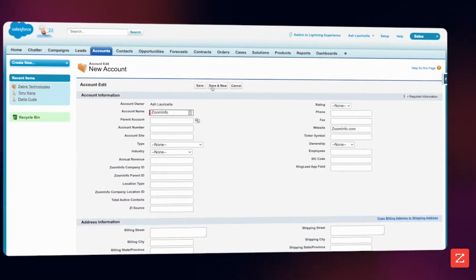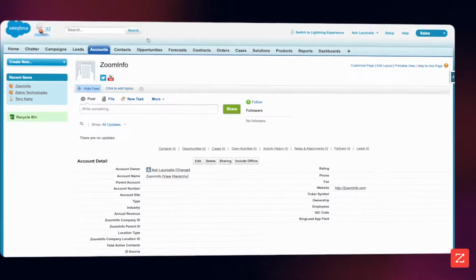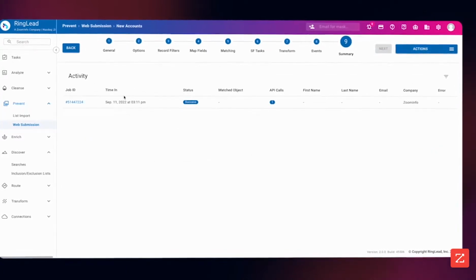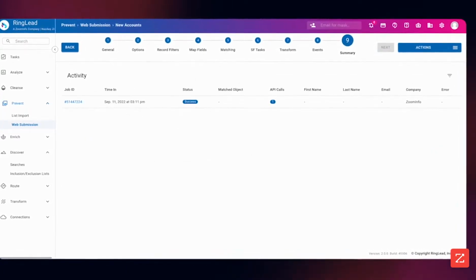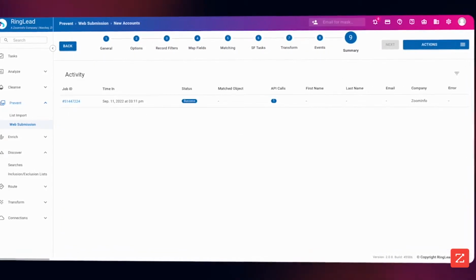I go here and I create a new account. We will see that this is going to trigger through our Salesforce trigger. Once this is completed,